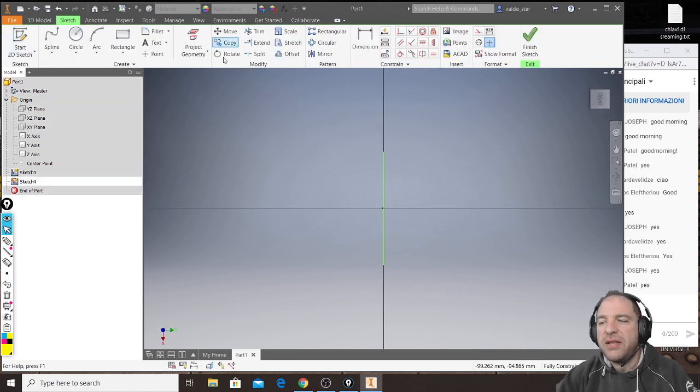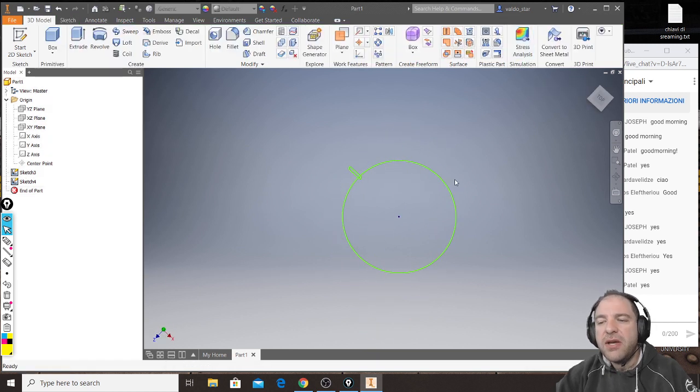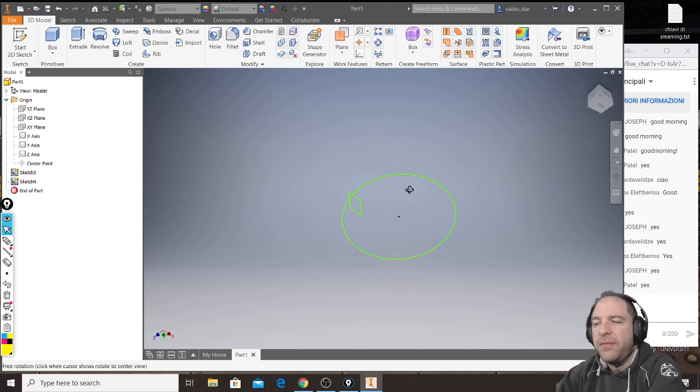I will make another sketch, but I will draw without any care. I will draw a rectangle here. So it is not following exactly my path, but it's okay. Let's see what happens. Because technically I still have everything that is needed from loft in order to create a